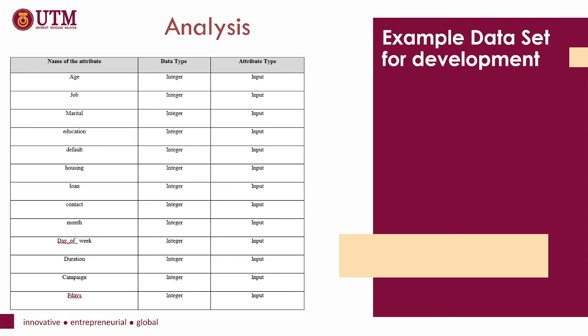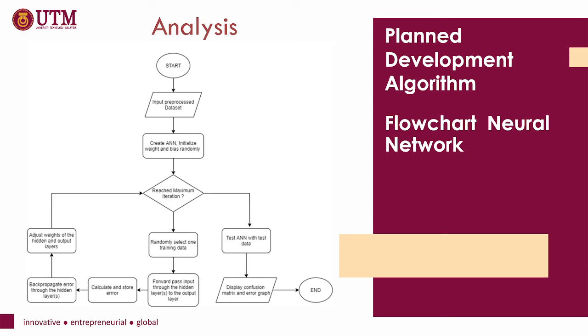Imagine if we tried to use manual testing on this much data. It would take a lot of time, a lot of effort and sweat. So much time spent. But by using a system, we just input the raw data, wait for a minute or a second, and it will be outputted. And we can get the decision of correctness or incorrectness. So this is the analysis of how we plan the development algorithm that I'm going to explain.